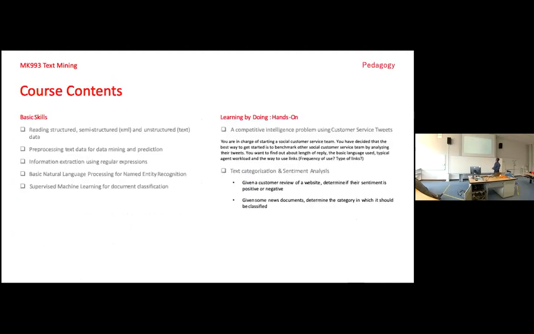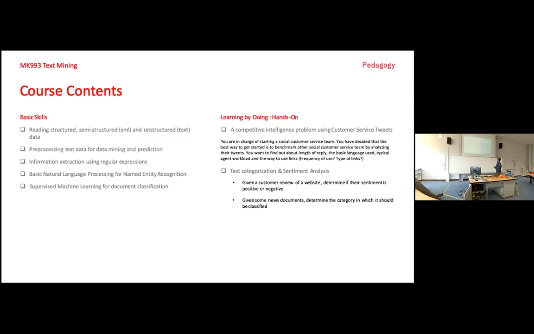So let's go into the course content. You're going to learn how to read structured data, then unstructured data, and something in between, which is half structured, half unstructured. Even that is a challenge in real life, because just getting the data is a challenge. Most data scientists spend up to 60–70% of their time just getting and preparing the data. So you'll be learning how to do that.